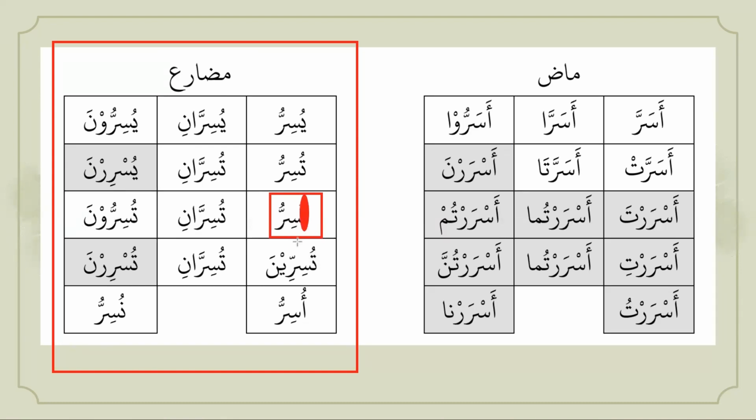symbol of Mudare. Then you will add Hamza Qatai over here. So the commanding form would be Asirra, Asirri, and Asirir. So three versions of commanding and three versions of forbidding: La Tusirra, La Tusirri, and La Tusirir. But these three forms occur only in the Anta form. Okay, why? Because in the Anta form we have Dhamma at the end.